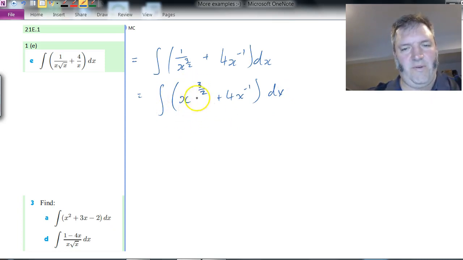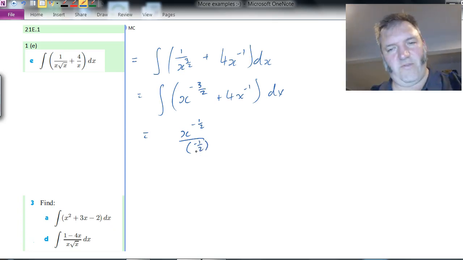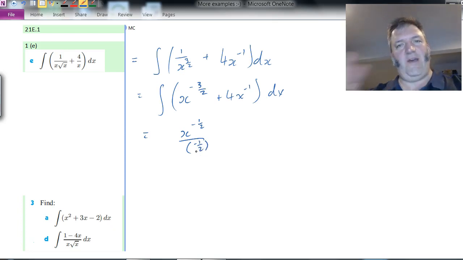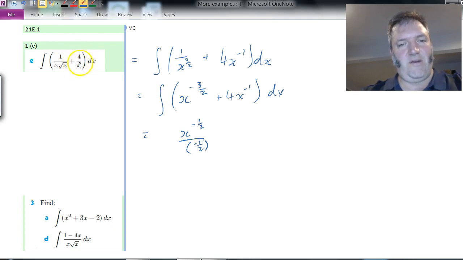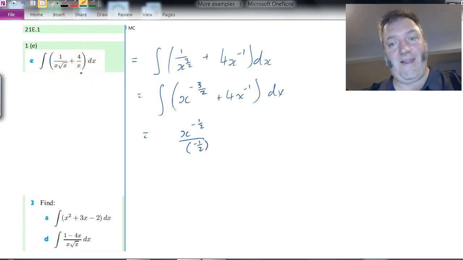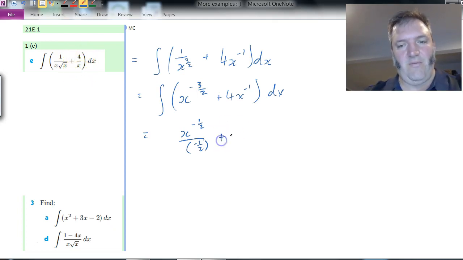Now this one's easy enough. Add 1 to the power, divide by the new power, so it's going to be x to the negative 1/2 divided by negative 1/2. You can make that multiplied by negative 2 straight away if you're happy with that. I'm just going to do it in 2 steps. This one, the 4 over x, or 4x to the negative 1, if I tried adding 1 to the power and dividing by the new power, that's that thing where you divide by 0. That's your reminder that when you're just integrating 1 over x, it's ln x. So this one's just going to be plus 4